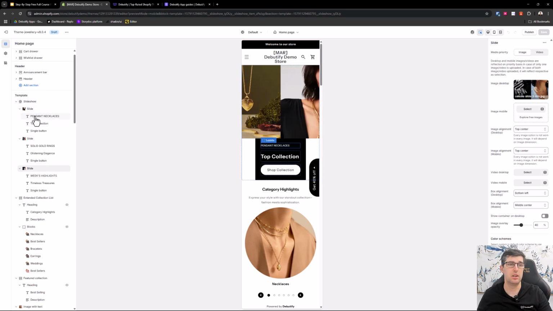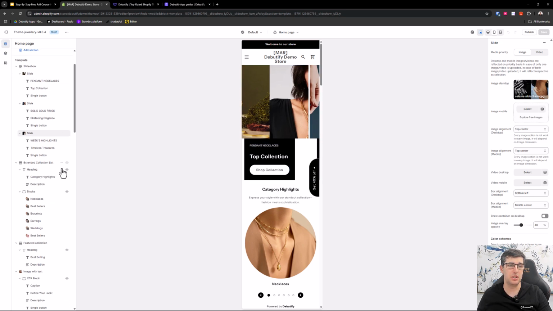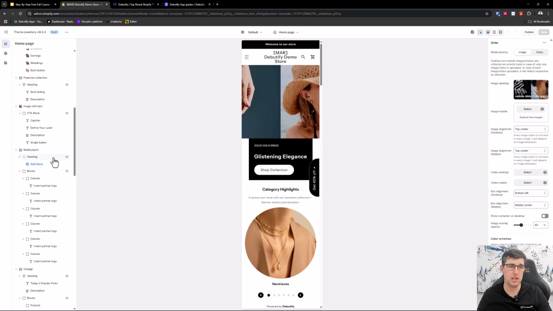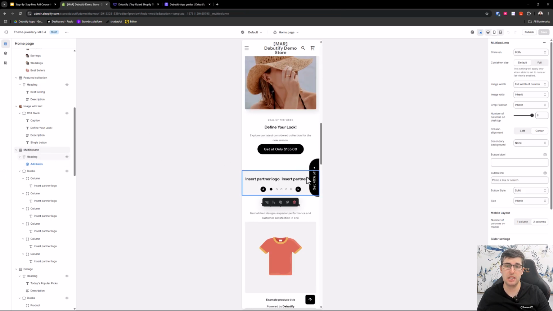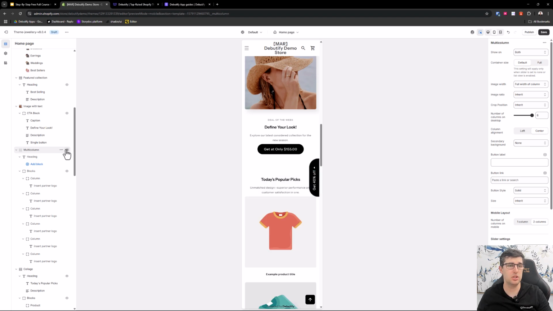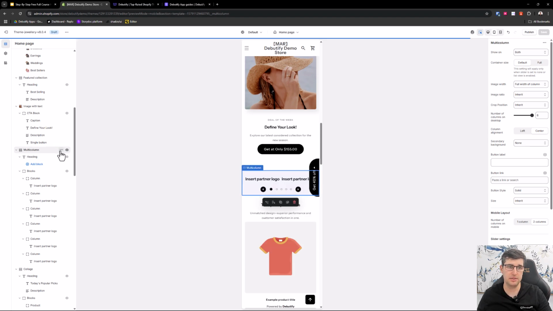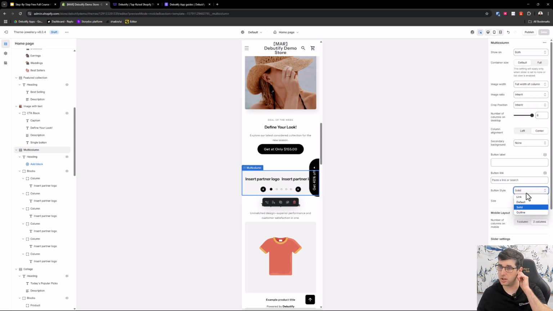So here as well, this is where, pardon me, you've got your sections. So this is where you see the sections of this said page. If I was to click here, you can see I've got this multi-column, okay? If I was to hide it, don't see it now. I can delete it, and then if I click it, I can see all the respective settings and I can change that in real time, as I feel is best, so button style,